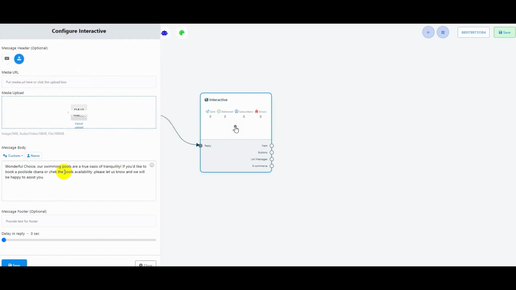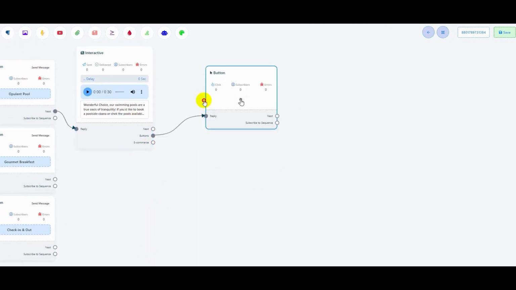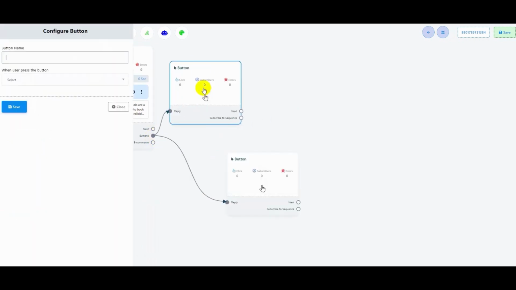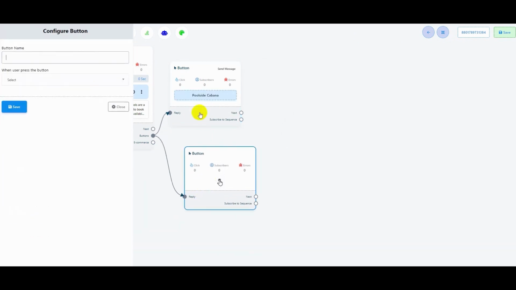I chose to add this video to keep it a more realistic look, and as you can see here, you can add images up to 5 MB, audio and video up to 16 MB, and files up to 100 MB. The sizes are mentioned. Organize it. Now I'll add buttons with the interactive and write Poolside Cabana, select send message and save,